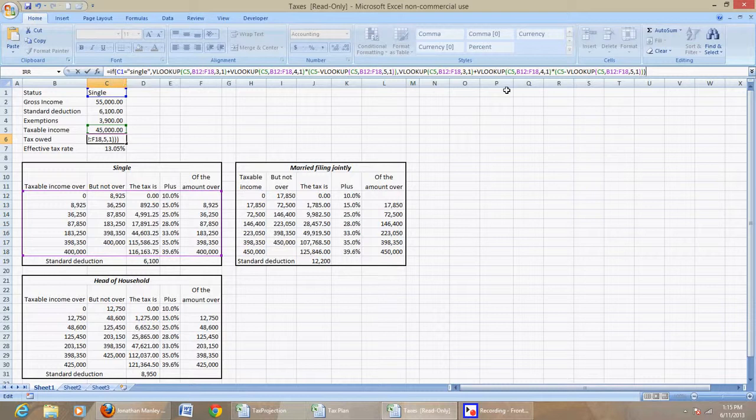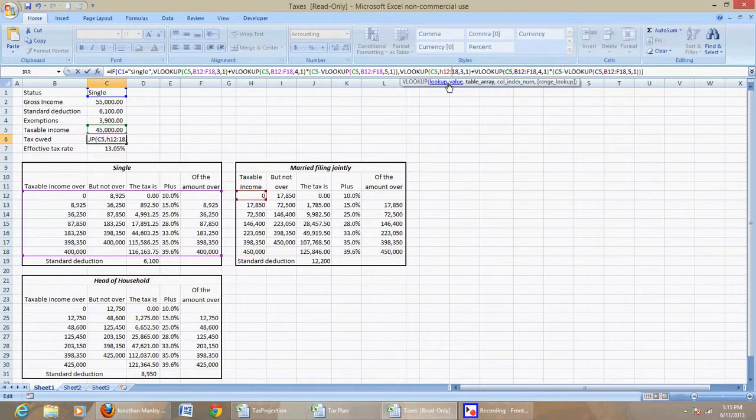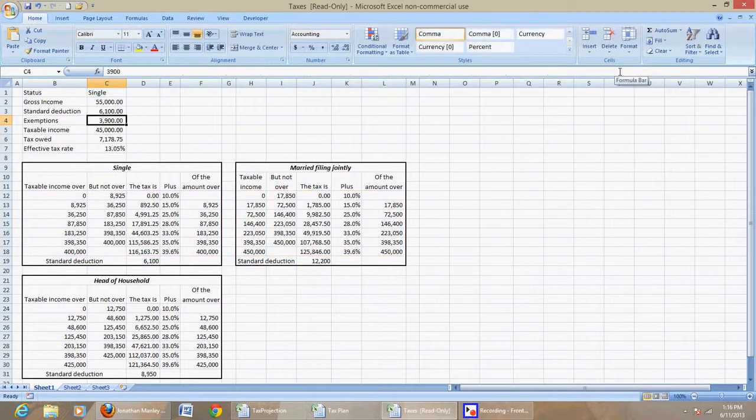Right, I'm going to hit enter to make sure I have all the formulas right. Okay, so I have everything looking right. The only difference is I'm not going from B12 to F18. I'm going from H12 to L18. So I need to take all of these. This is going to be H12 to L18, H12 to L18, H12 to L18. So if I type married,